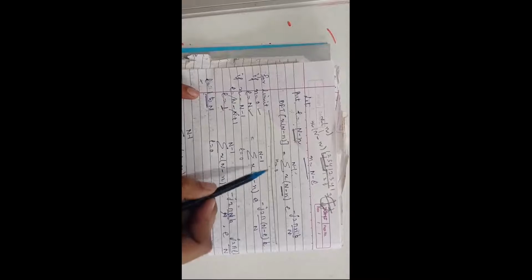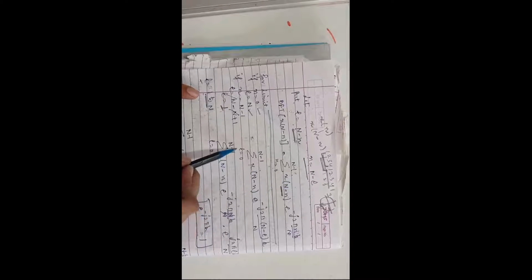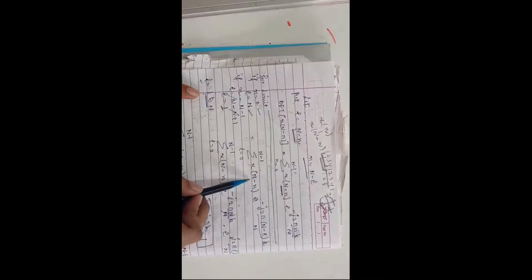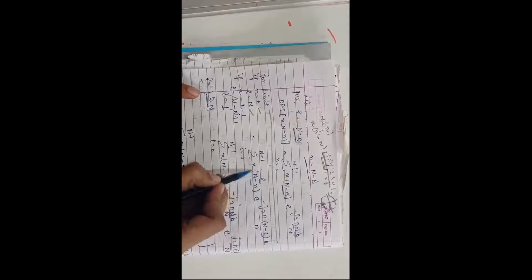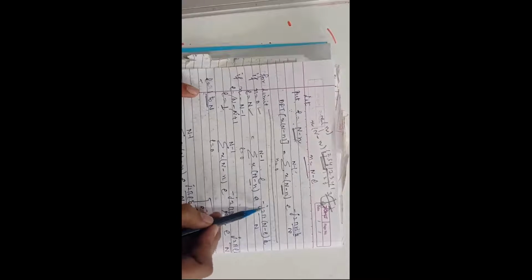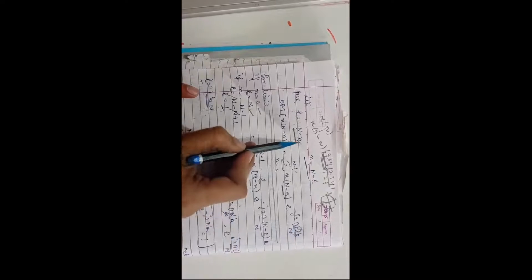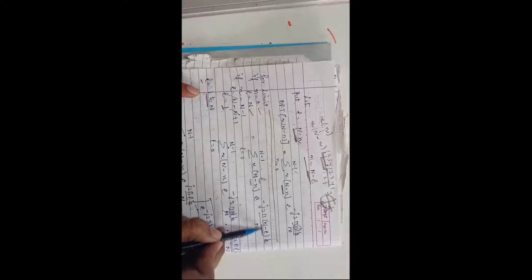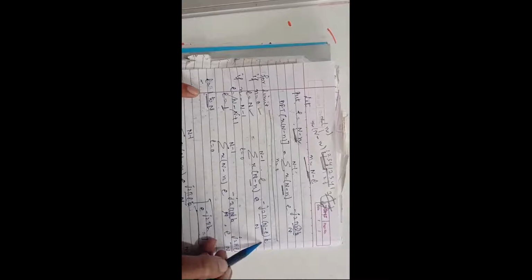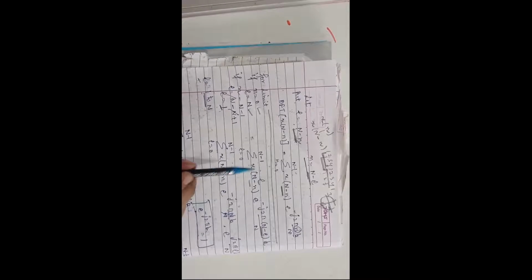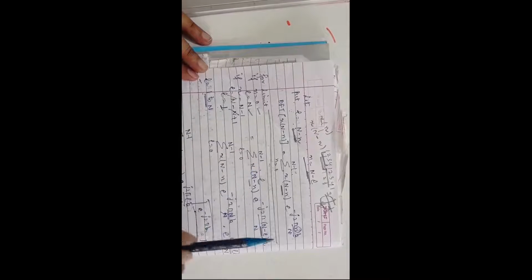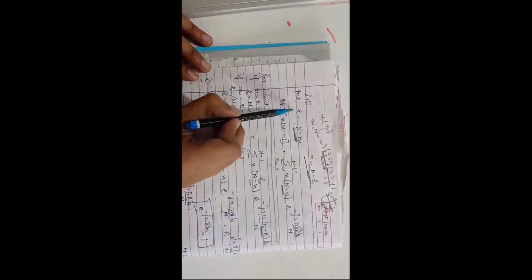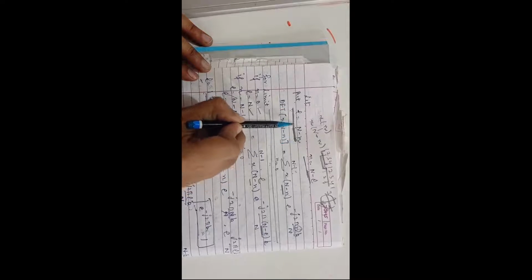So the limit n equal to 0 to capital N is replaced by L equal to 0 to n minus 1. This x of n minus L is here x of L, clear? And this e raised to power minus j 2 pi small n is replaced by capital N minus L, clear? Capital N minus L, and this k is the same. Clear up to now? Means we have changed the summation, and we have changed this n from L equal to n minus n.